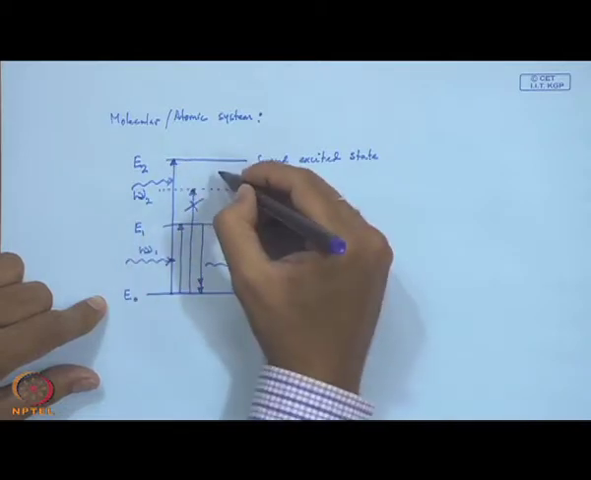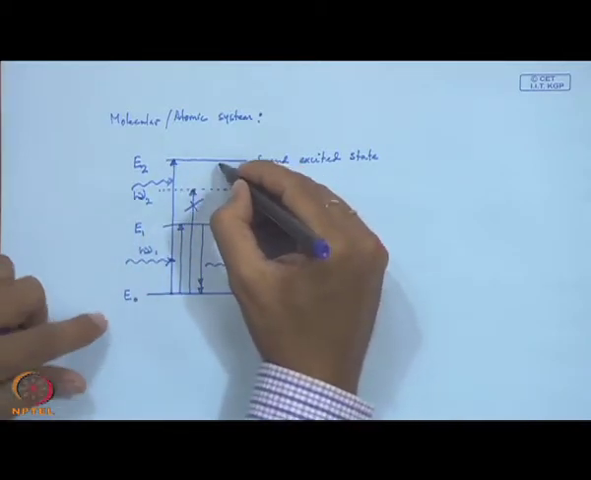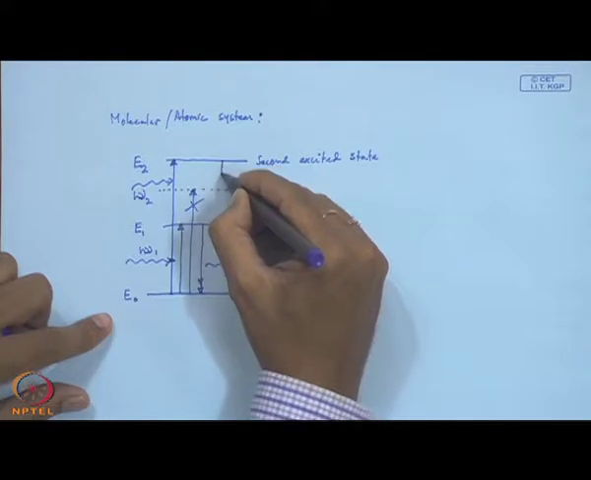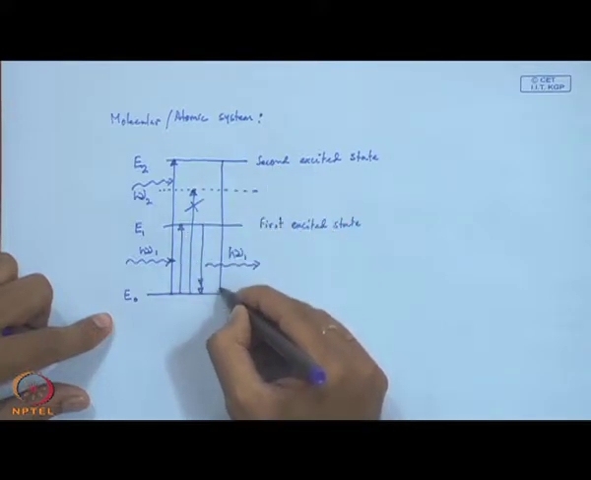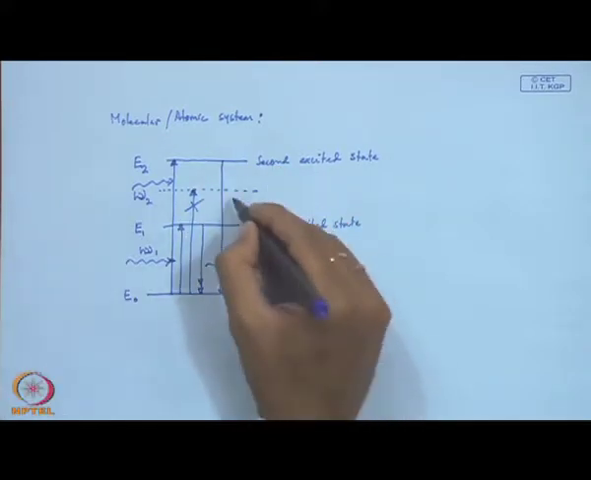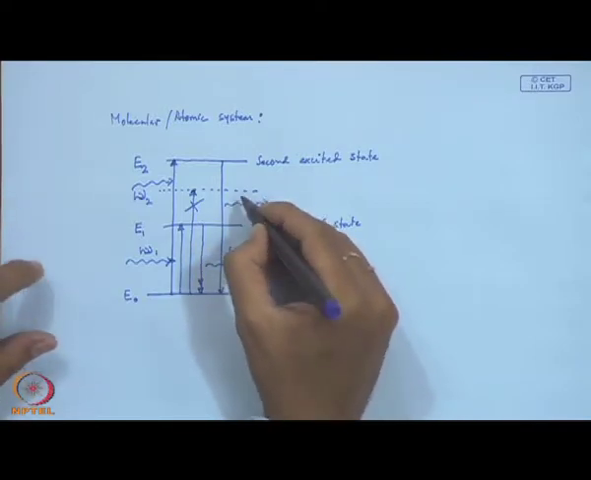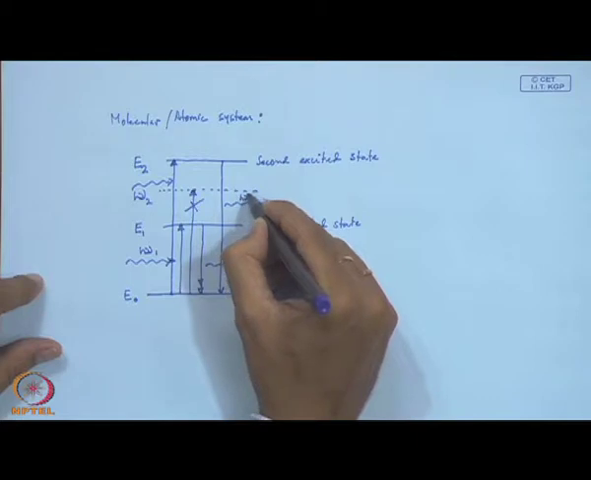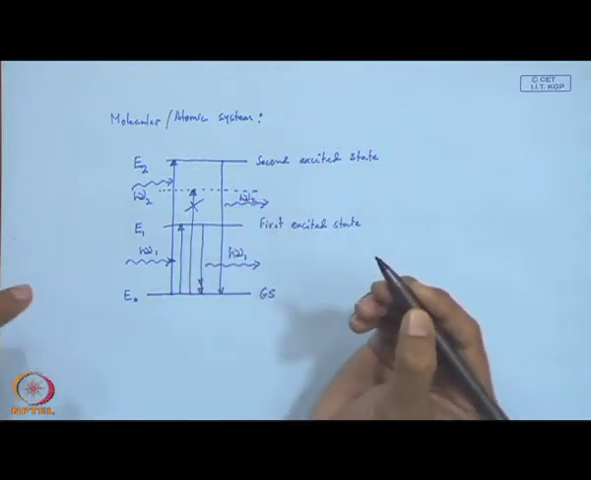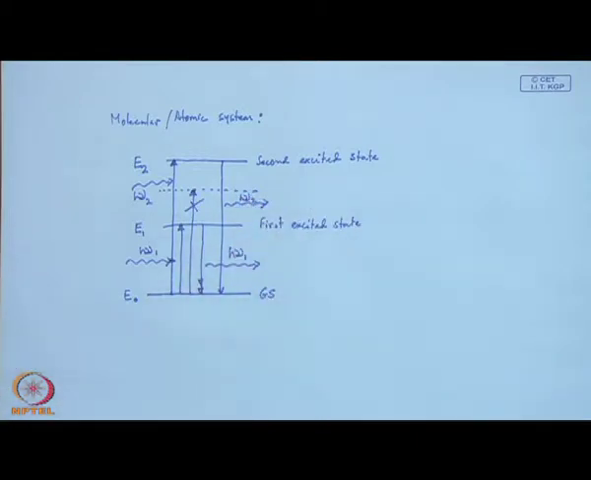So, then it may undergo de-excitation, giving rise to luminescence. I am not using any other term; luminescence is a general term. So, h nu 2 will be obtained back. We will get back this